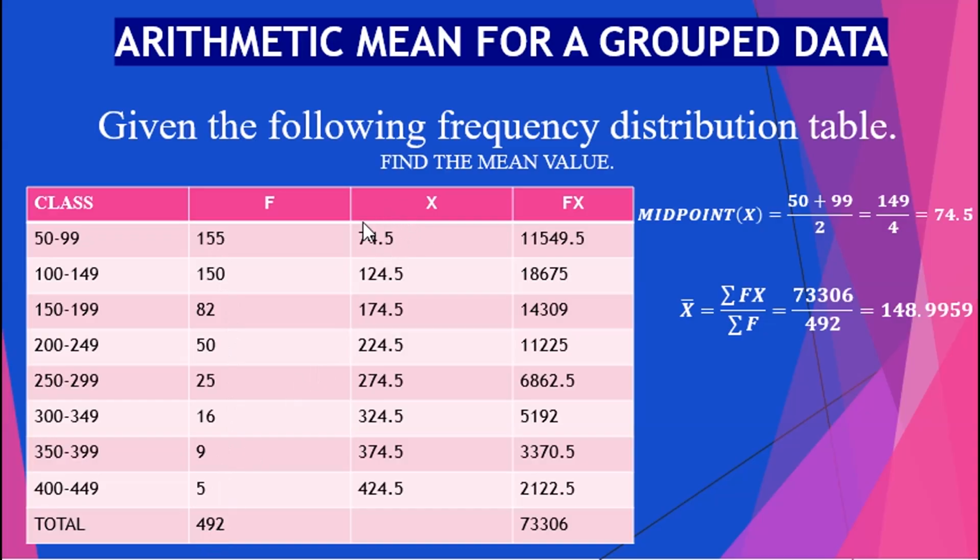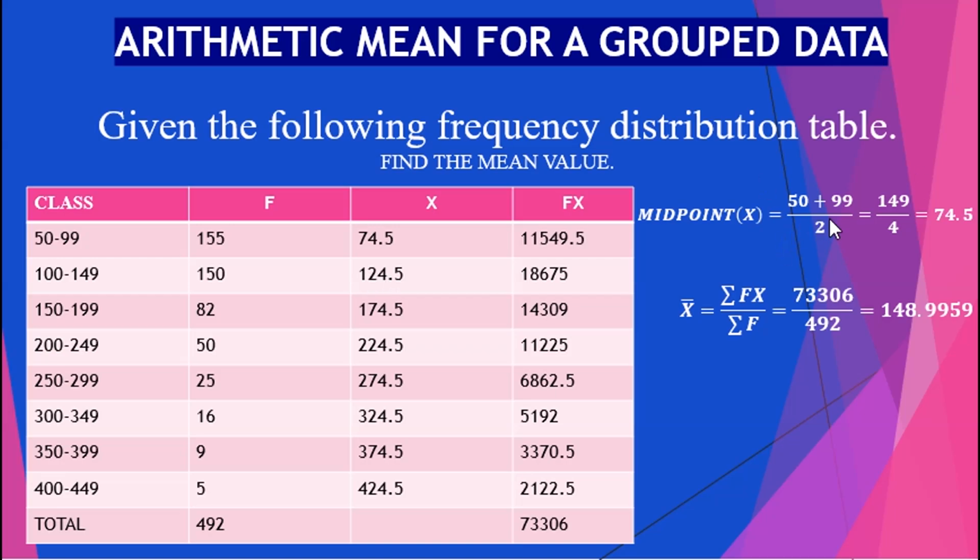Then we have to calculate the midpoint from the class intervals that we have. Therefore, we have it like this: 50 plus 99, that is the lower class limit and the upper class limit, we add them together, then divide by 2, giving us 149 over 2, which is equal to 74.5. That's how we calculate all these values, the midpoint x. If you sum 100 plus 149 then divide by 2, it gives us 124.5,